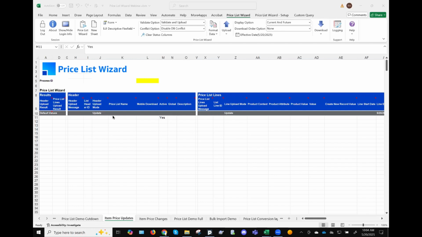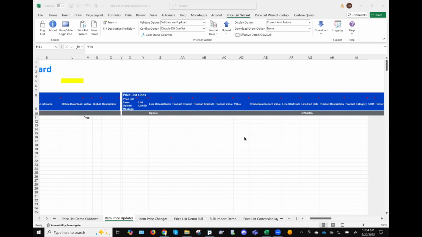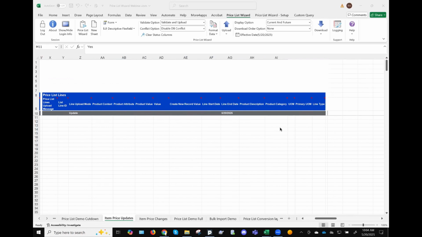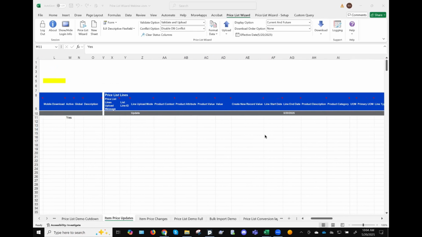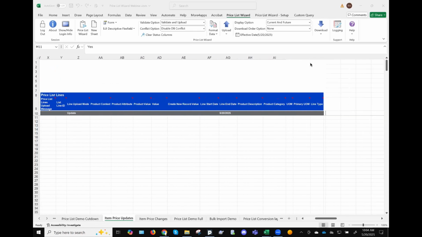Okay, so I just have the basic minimum on the header, the price list name and everything. And then we have the start date, end date, and the new pricing, which is going to be the create new record value. How I've whittled it down to this, as many of you who are familiar with More4apps would know,